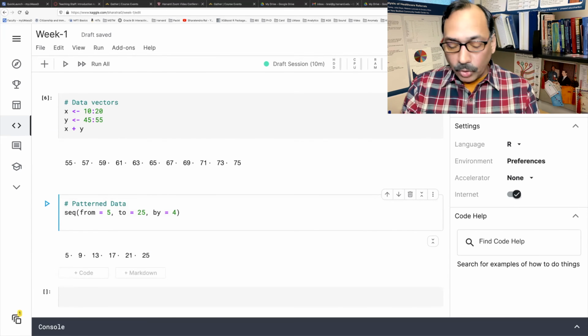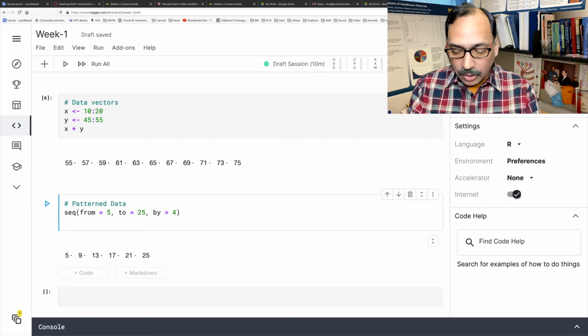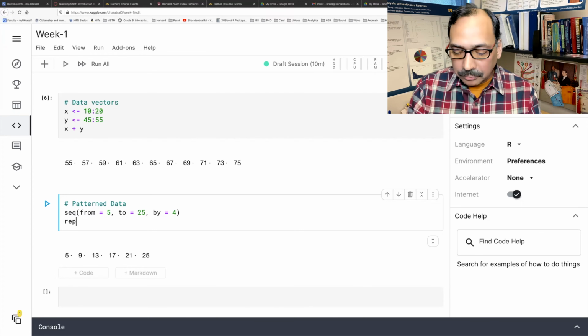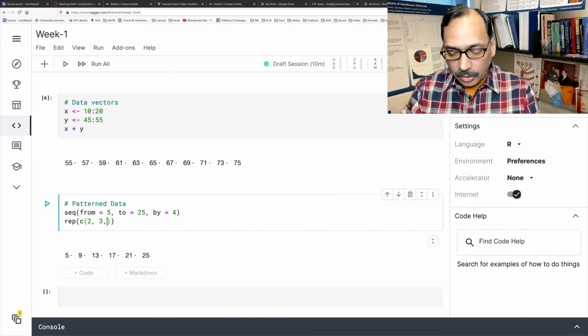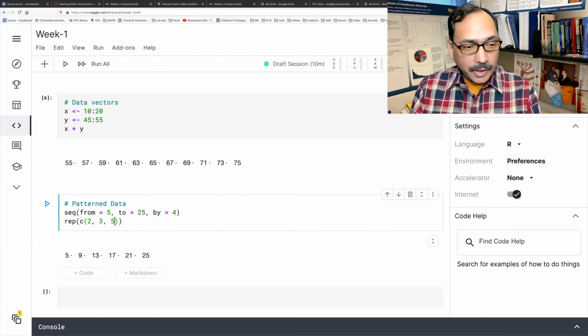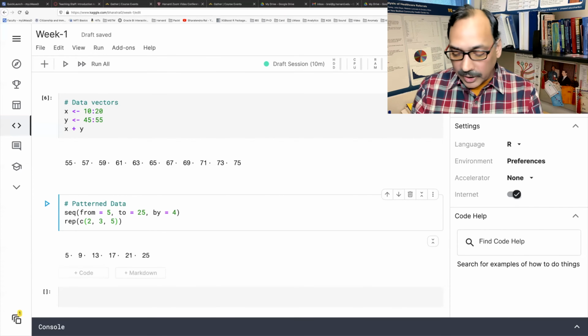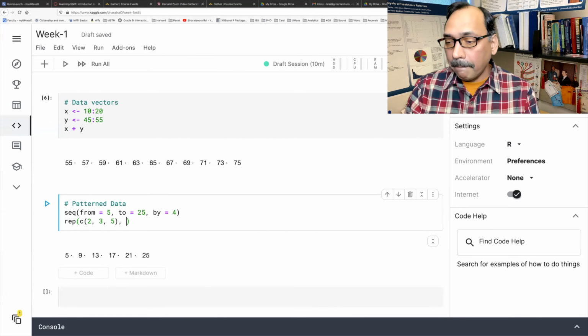Let me add some more examples. You can also use a function called rep, for repeat, and c, open and close parentheses. So let me say 2, 3, 5. And then I go outside this and say repeat this 3 times.